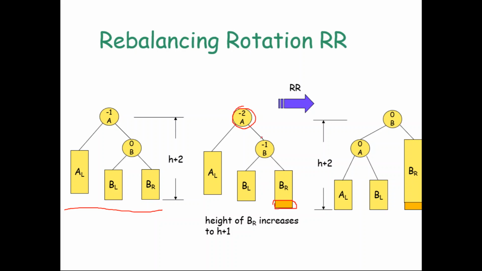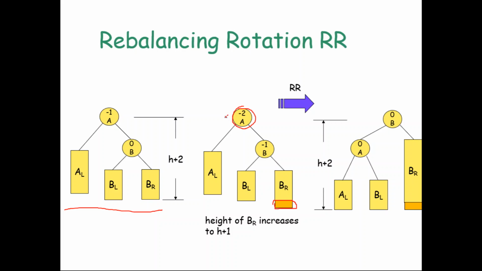But what type of unbalance is it? The unbalance happened in the right subtree of A. It is in the right subtree of B, which is to the right of A. So the imbalance occurred on a node which is the right subtree of some other node, and that other node is the right subtree of A. So now you have to perform a left rotation on A.